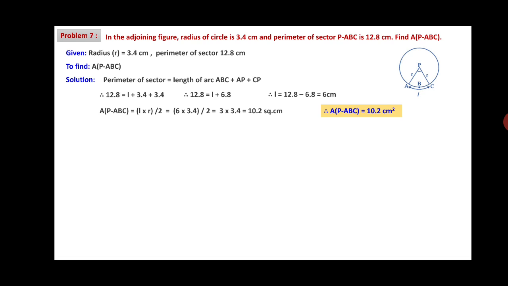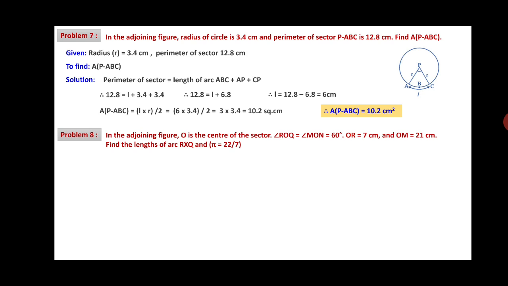Therefore, area of the sector PABC is equal to 10.2 centimeter square. Now, problem number 8. In the adjoining figure, O is the center of the sector circle and that of the